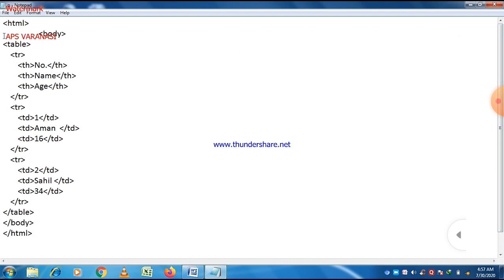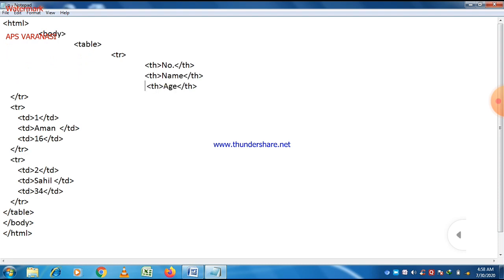You are already aware of how to create a table, and today our focus is on different attributes applied on the table. So first of all, a table should be there, that's why we create a table here. For simplicity, we just give a space after that, which gives you a clear-cut idea about which tag is a part of which tag.